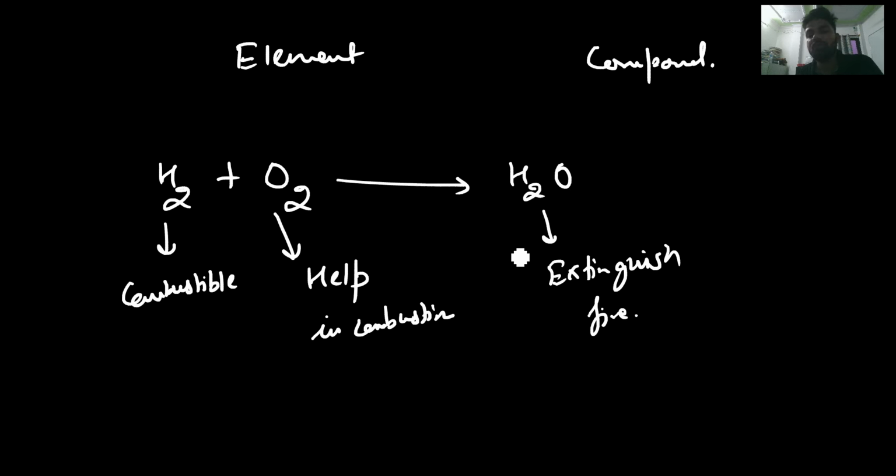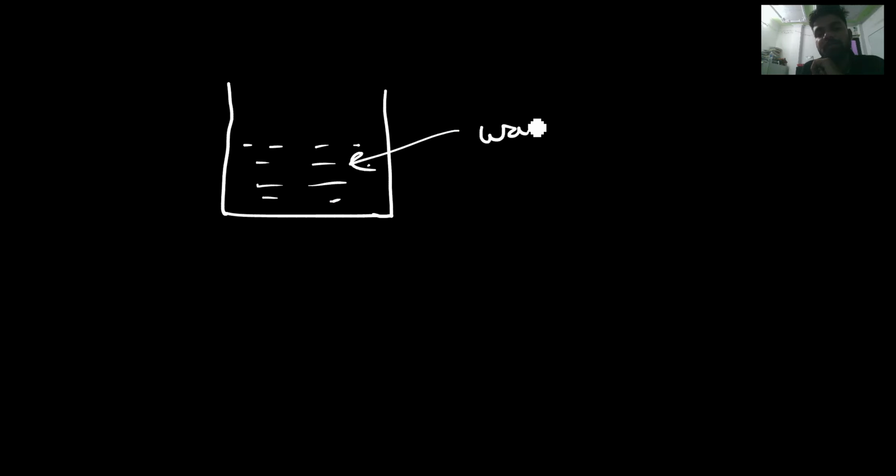So why are these elements not showing the properties of each other? If hydrogen is present in water and oxygen is present in water, why is it not showing the properties of both hydrogen and oxygen? You need to understand this very importantly. Take another example of mixtures: if you have water and you add some salt to it,